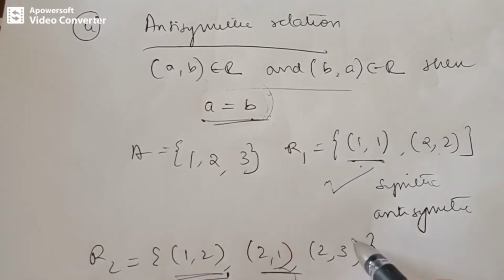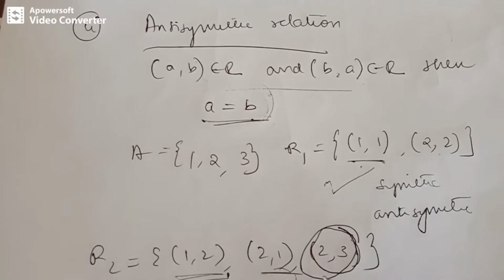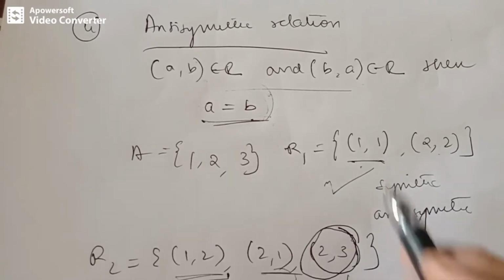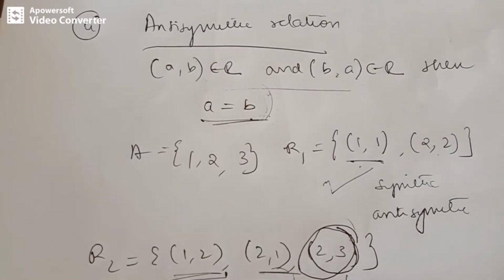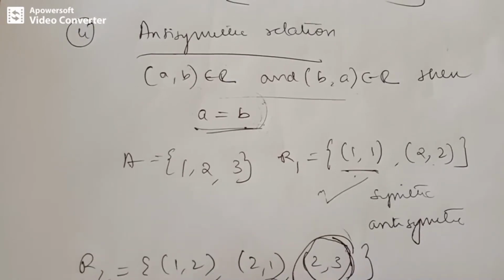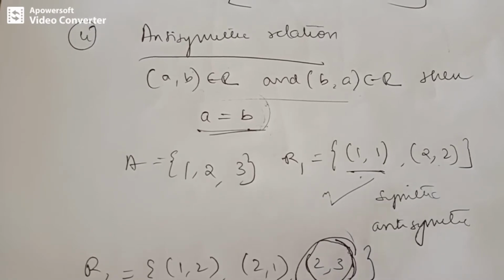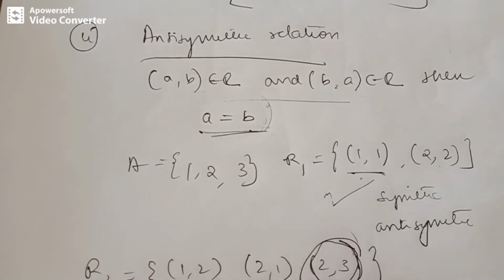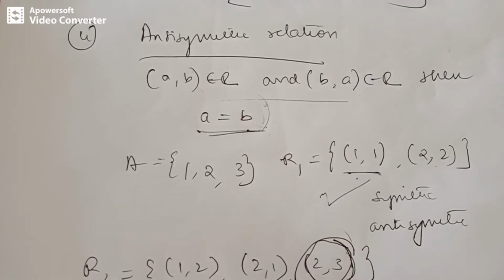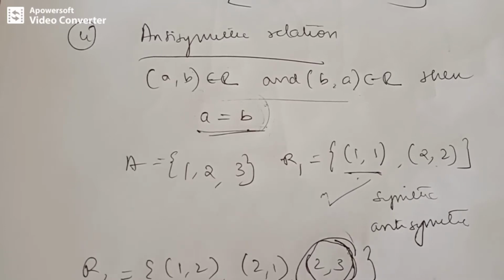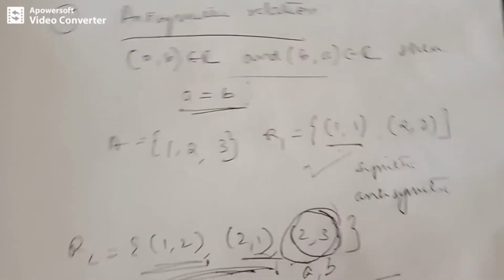No. So I can say that obviously, if I do not have both the pairs, I just have (a, b) belongs to R. I do not have the other pair, so I will not consider this antisymmetric property for this one. But clearly from this, I do not have a equal to b, right? Therefore, it is not an antisymmetric relation. And what can you say about the symmetric relation? Can you say this is a symmetric relation? Obviously no. Because for (a, b), I do not have (b, a) in the relation. So it is not symmetric too. Okay, so this concept is clear.